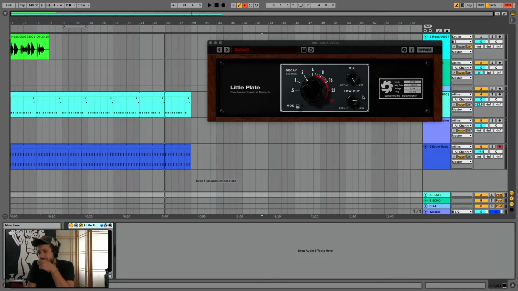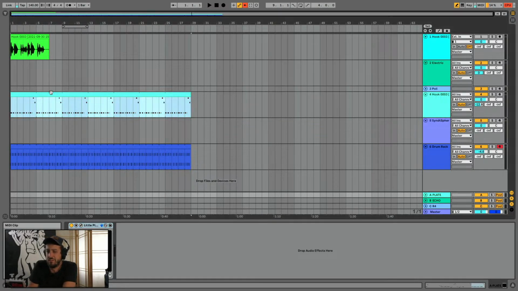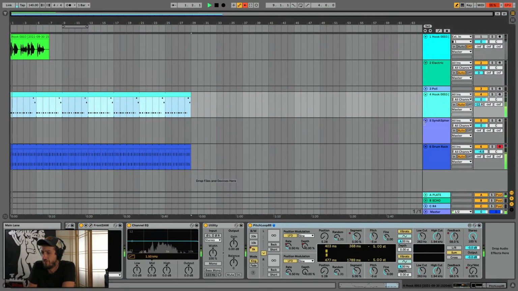It's doing all sorts of crazy delay, shifting delay stuff. And I'm just gonna ease up on this reverb because I want the sound to shine through more.